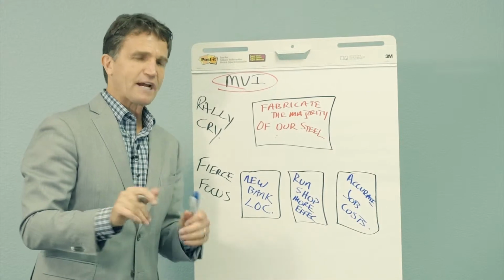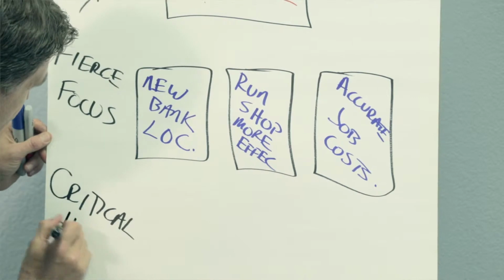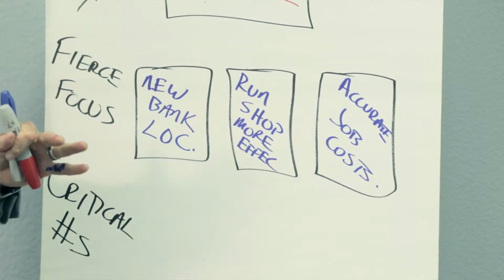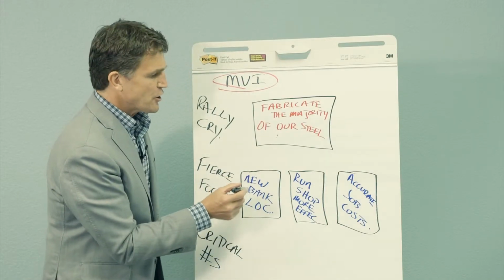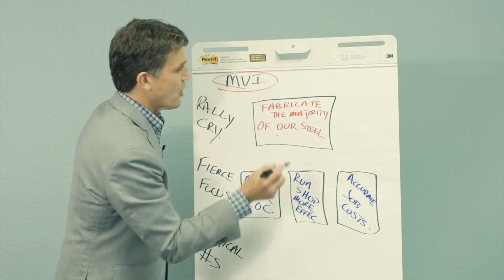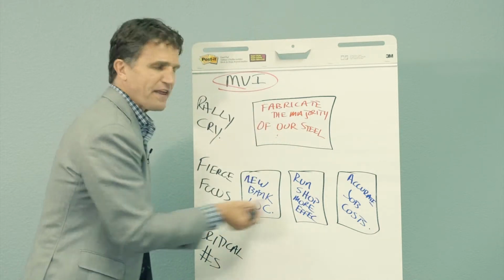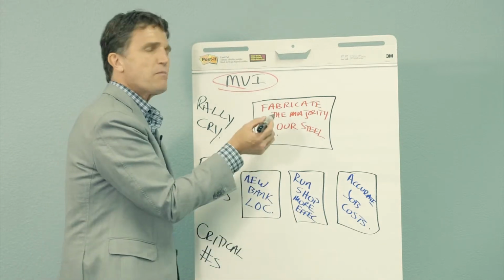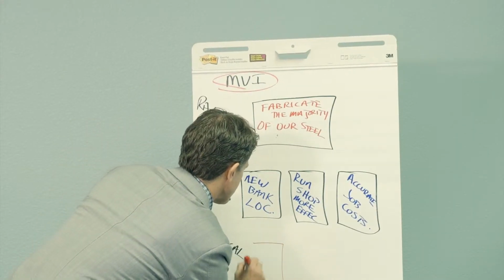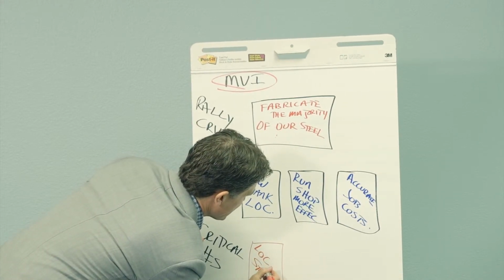The third step of an action plan is to come up with the critical numbers. The critical numbers are the measurements or the metrics that tell you whether or not you are achieving these areas of fierce focus, which are then driving the achievement of the rally cry. It's one thing to be able to identify what you need to do, but if you can't measure whether or not you're doing it, then you probably won't achieve what you want to achieve. So for them, the three critical numbers that they wanted to track, number one was the line of credit status. That was something that they could then track.